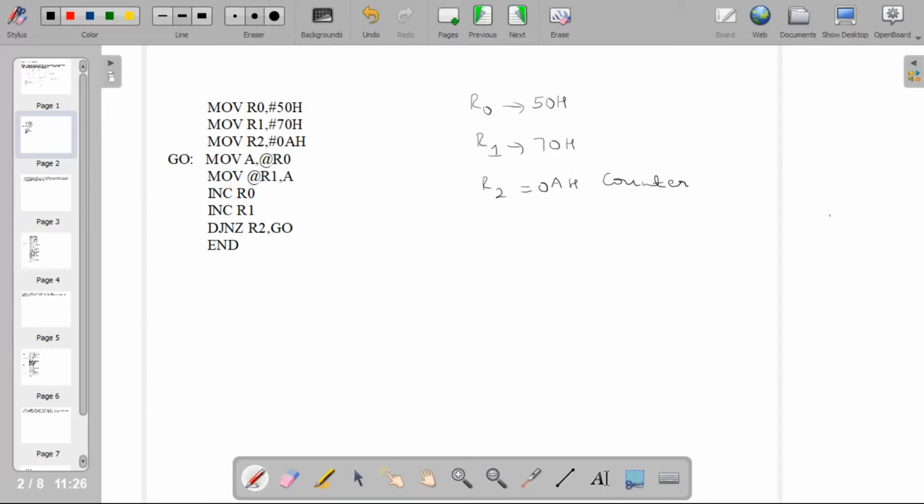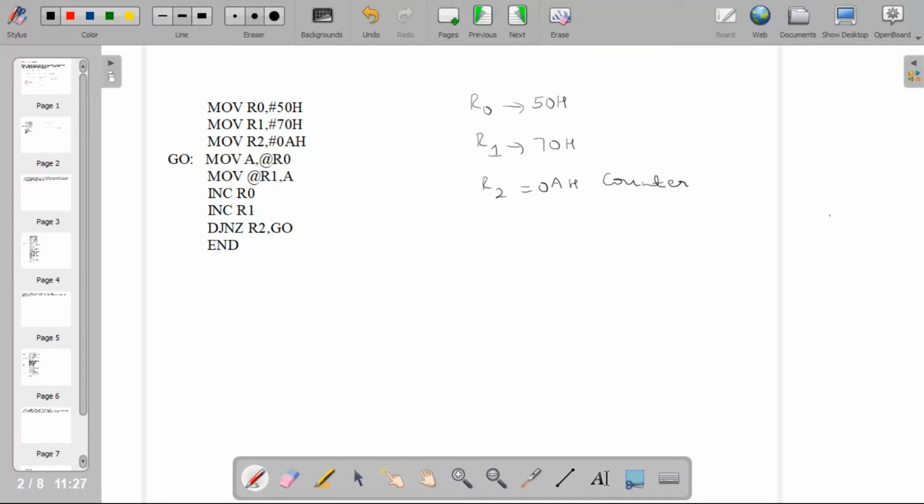First we get the data in the 50H location through R0 into A, using MOV A, @R0. Then that data is transferred to the 70H location using MOV @R1, A. So one data transfer is done. We then increment R0 and R1 and move to the next locations, that is 51H and 71H, and R2, the counter, has to be decremented by 1 and compared with 0.